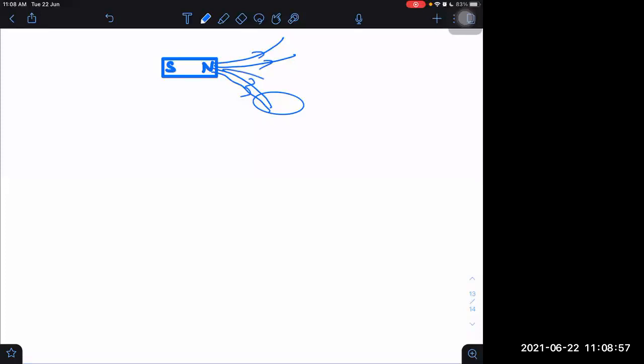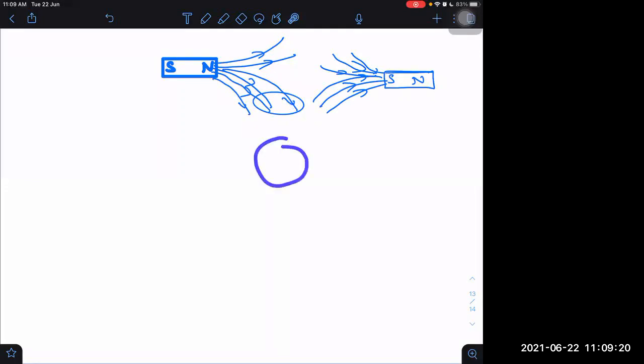Now, if we are going closer, magnetic field lines are like this. After some time, south will go that side, north will be this side, and this ring is there only. What will be happening at that time? Now magnetic field lines will be coming out of it. First these were entering, but now these are coming out, right? What does it tell us? That here the magnetic field is changing from downward direction to upward direction.